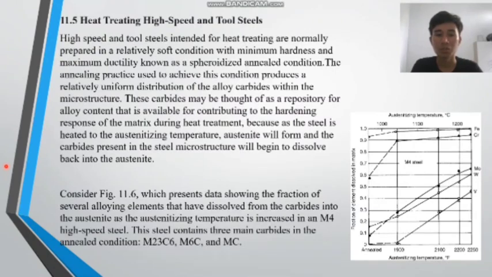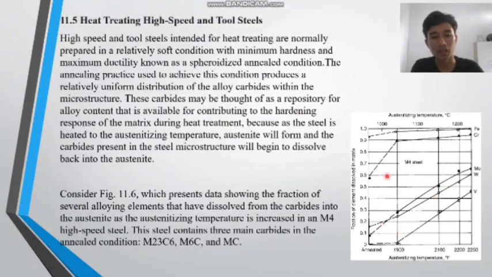heat treatment, because as the steel is heated to the austenitizing temperature, austenite will form and the carbides present in the steel microstructure will begin to dissolve back into the austenite. Consider figure 11.6, which presents data showing the fraction of several alloying elements that have dissolved from the carbides into the austenite as the austenitizing temperature is increased